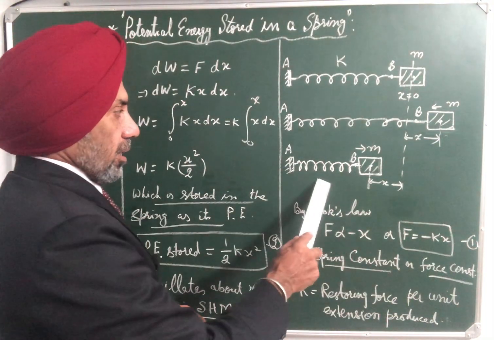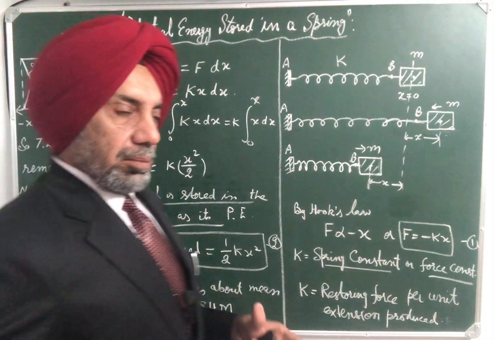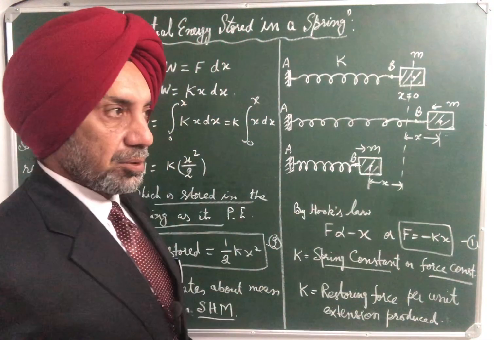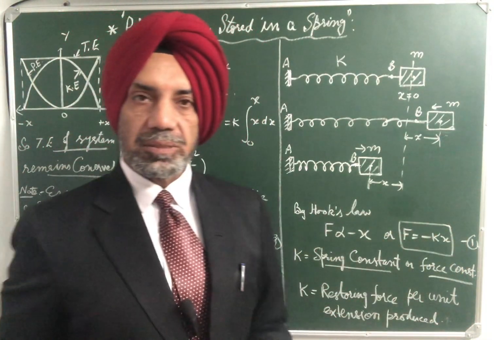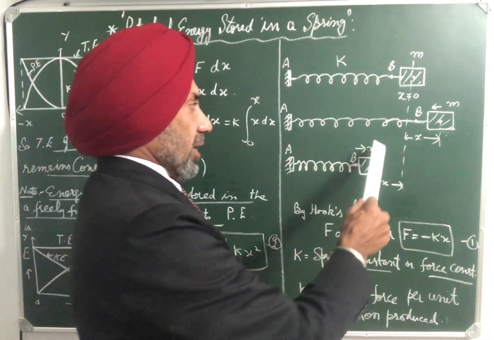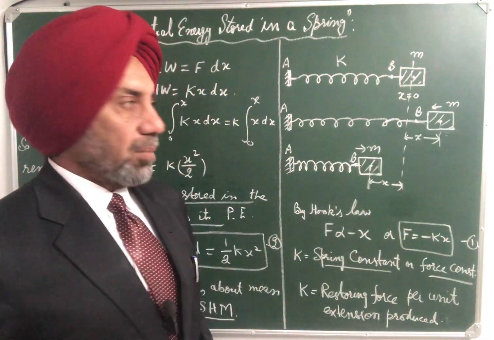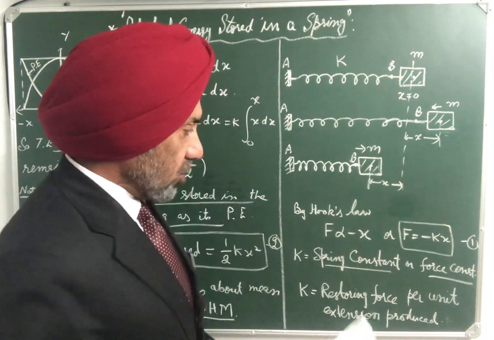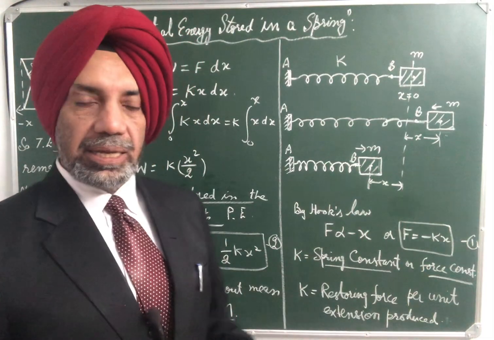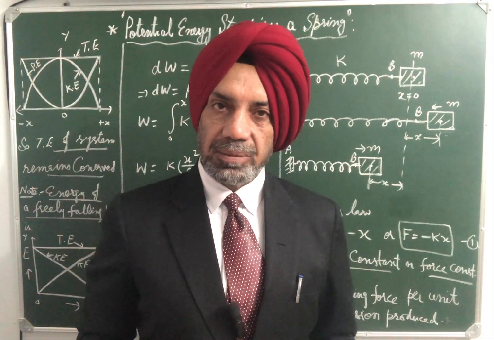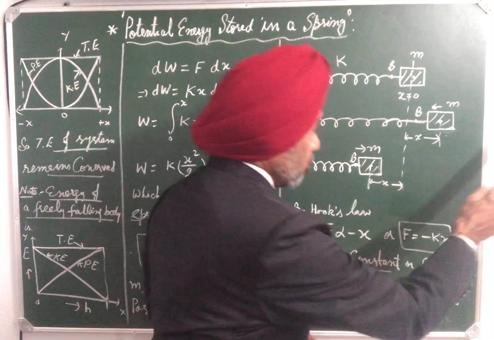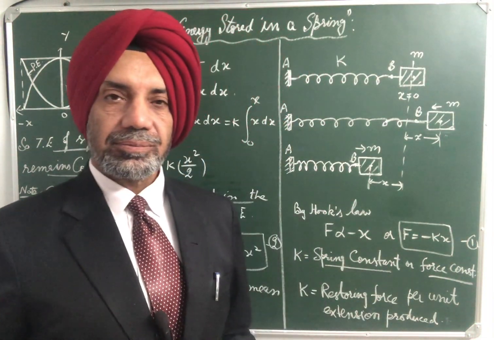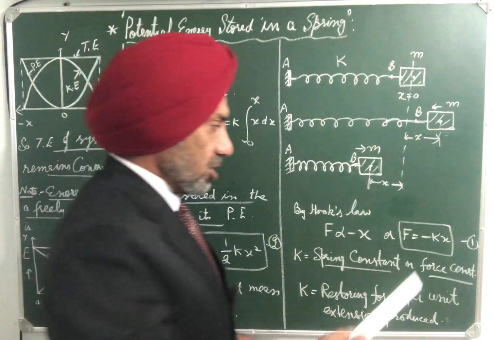So now, how is energy stored in the spring? We have to find the expression for energy stored. So this is the nature of the oscillations. Now when this mass M is at distance x from the mean position, restoring force F is equal to minus kx. Numerically kx is acting upon the mass. Now when it is further pulled through a small displacement dx, it means work has to be done against this restoring force,